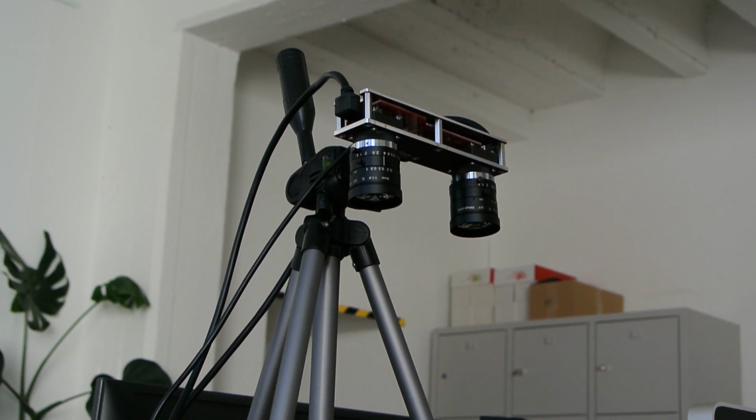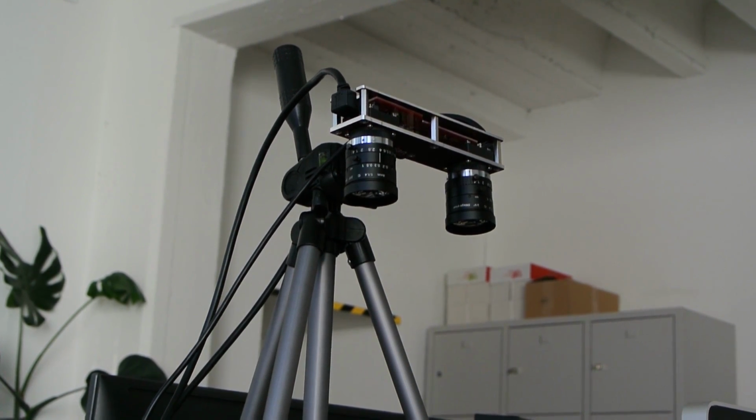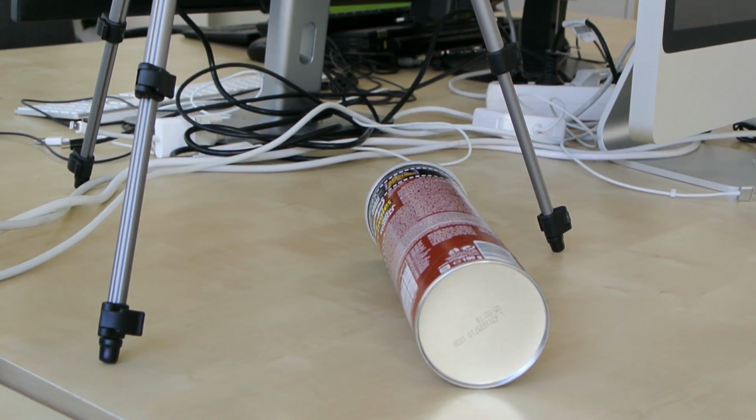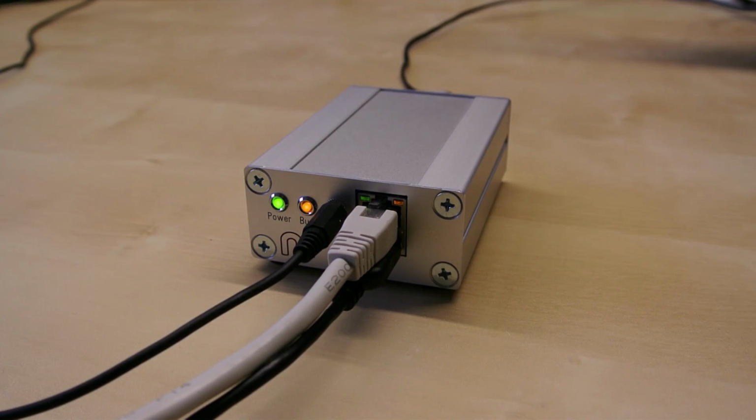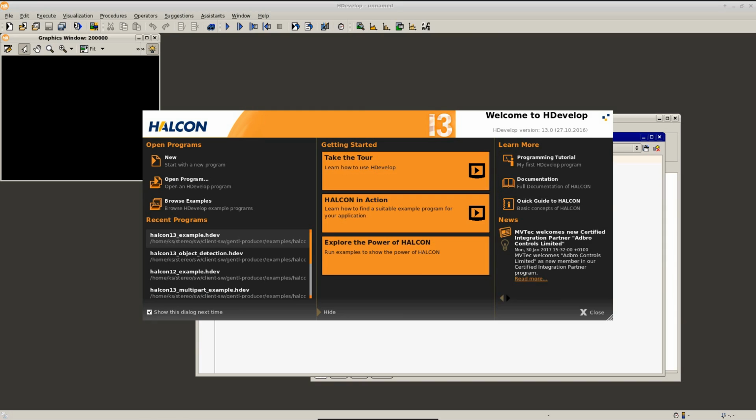For this tutorial, I'm going to use our Carmen stereo camera, which has been mounted here on a tripod and is looking down vertically on a table where we have placed a cylindrical can. The Carmen camera is attached to our SP1 stereo vision system, which does all the stereo image processing, and the SP1 itself is connected through gigabit Ethernet to a computer that is running HALCON. So right here I'm running HALCON on Linux, but actually everything that I'm going to show also applies to HALCON